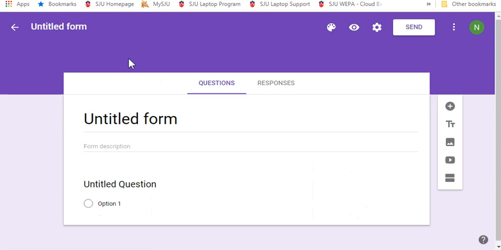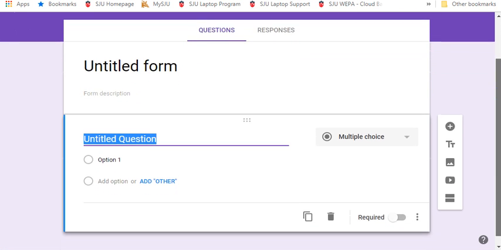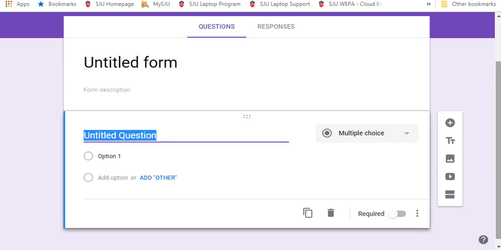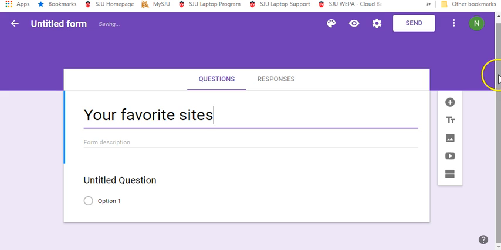So the most important thing about creating a form is to keep in mind that in order for the data to import smoothly into Google Maps, you need to have at least 3 columns of data. So we'll talk about favorite sites,